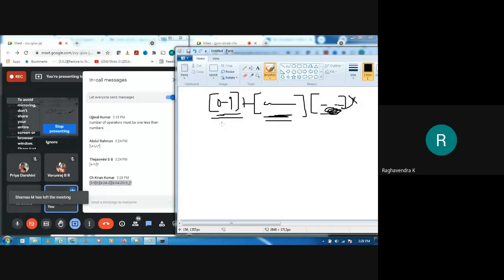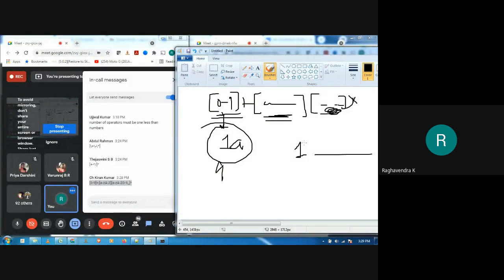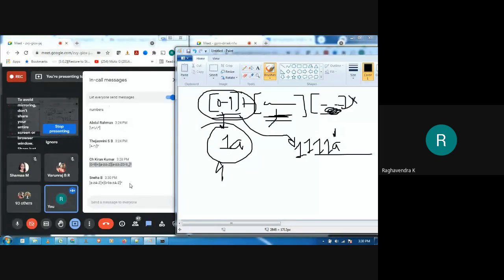So this means that you are expecting something like this, 1A. Okay, so this is not the case. After 1 there may not be anything. If anything is there, then I'm expecting a number only. Of course this will be matching that, but you also need to follow it up with some character. So that's what this regular expression is. So it is not required here.